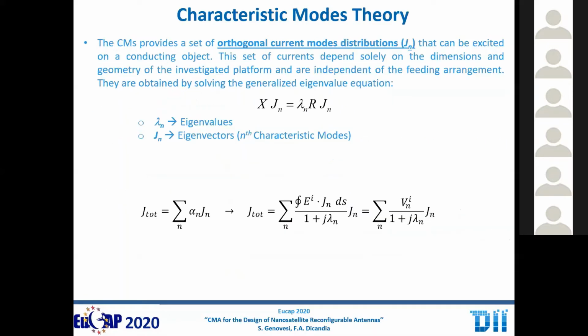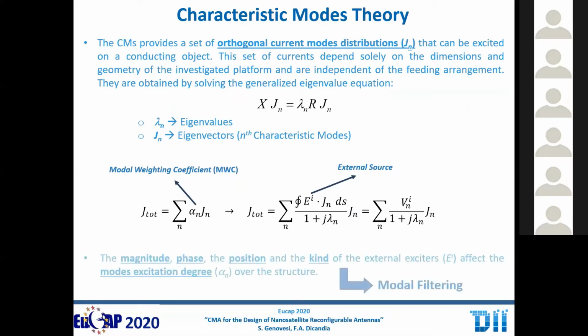So we believe that characteristic mode analysis can be helpful in designing antennas for this kind of application. Since I think we are all quite aware of the basic theory, I will skip this basic relation that we know very well. But here the main point is, our aim is to find the proper kind of exciters and also the position of these exciters in order to achieve a very small compact radiating system, which can provide, again, pattern reconfigurability. So we need also to pay attention, of course, to the magnitude and phase that we use to feed the exciters.